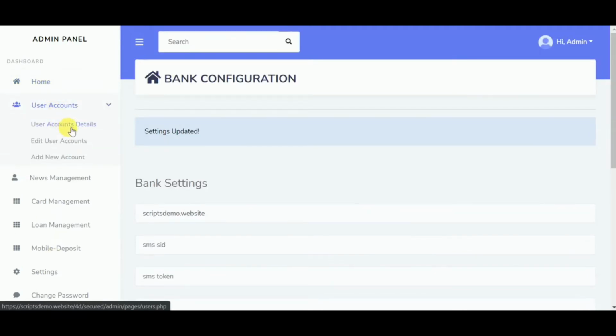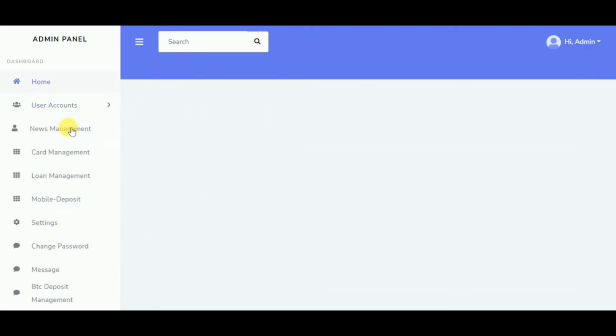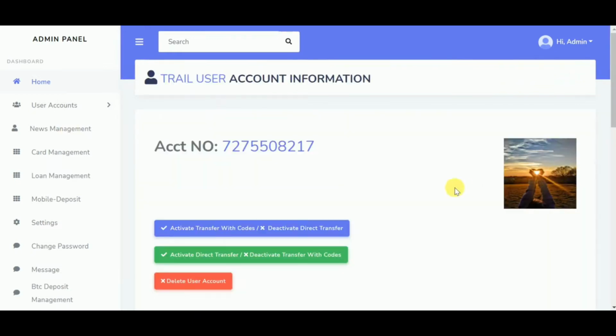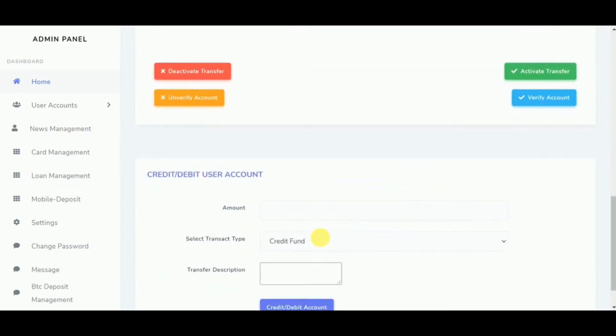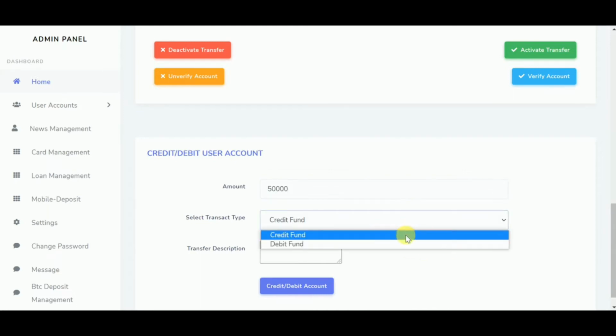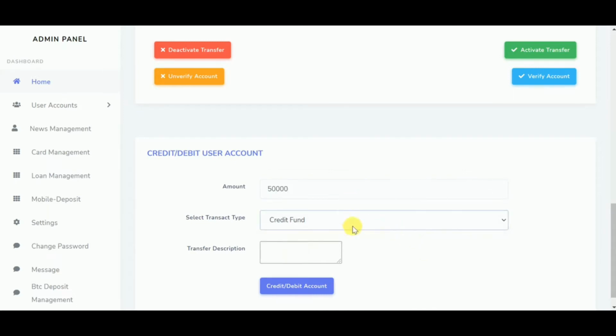So we built this script. We made it a way where the admin can actually charge the users for every transaction that is being made. So I'll come here now. I'll enter 50,000. It can be credit, it can be debit. When you go for credit, it's adding fund to the account, and when you come to debit, it's deducting money